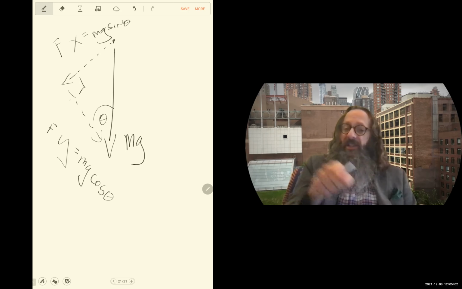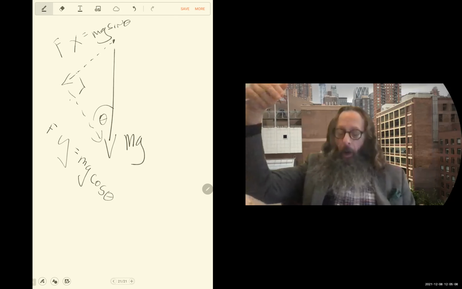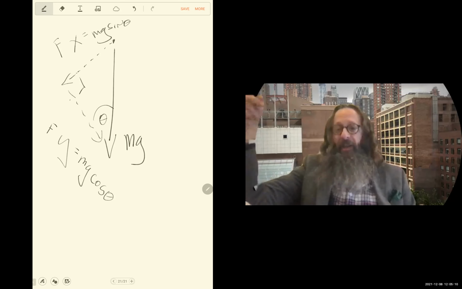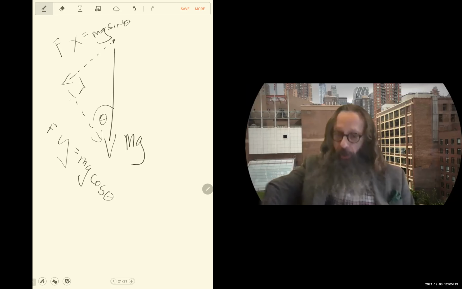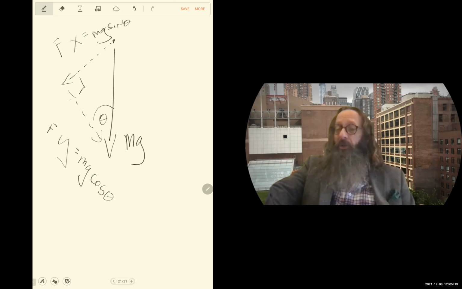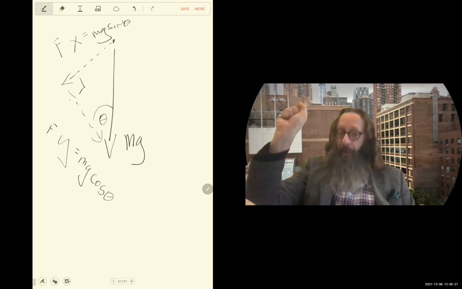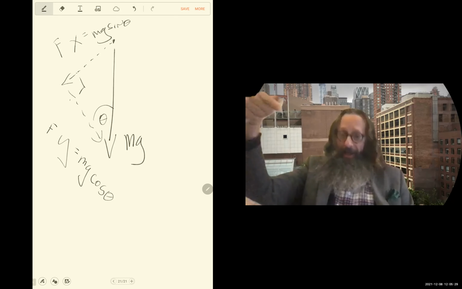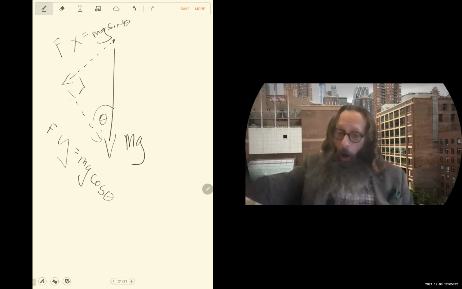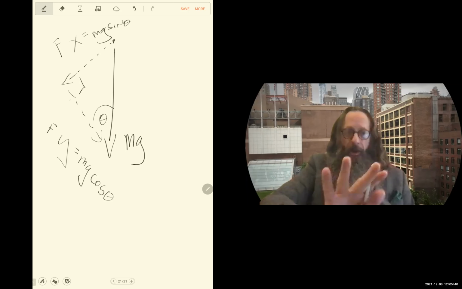So I'm really saying that the steeper the angle, the more gravity is contributing to sliding along the plane. If there were no angle at all, gravity would not be shoving the thing along the plane. If the angle were zero, mg sine theta would be zero. There'd be no parallel component of gravity. But the bigger the plane angle is, the bigger the slide along the plane is. So that's why the along-the-plane side gets sine rather than cosine, because sine gets bigger as the angle gets bigger. That's one way of understanding it. There are others as well.